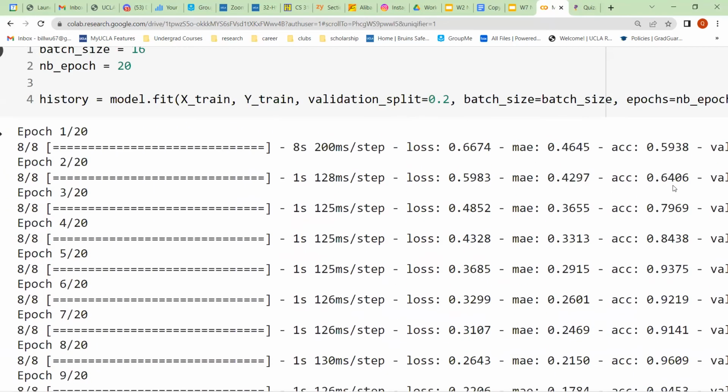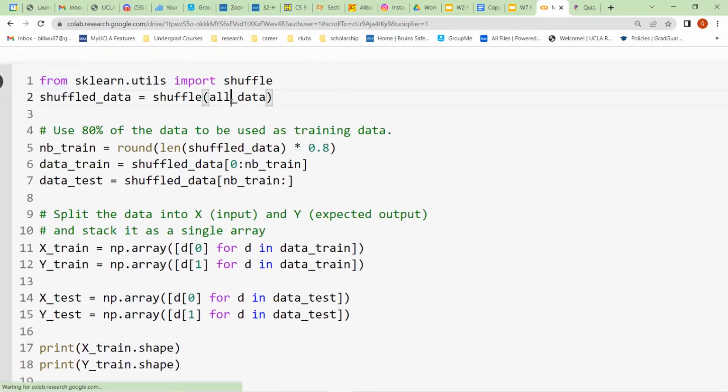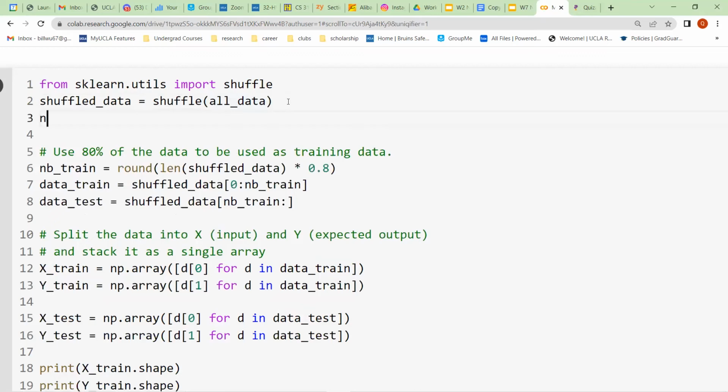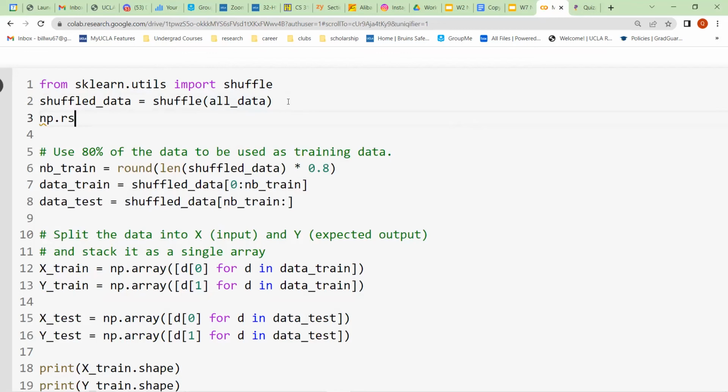One thing to keep in mind is that when we're shuffling, it's completely random, so we're going to have different results. If you want to check that your model works the same across all your team members, you can use np.random.seed. Oh wait, I didn't import numpy.